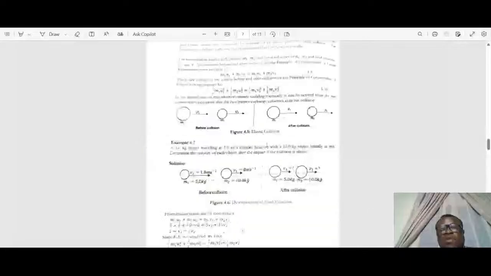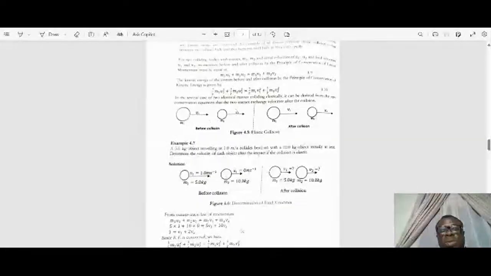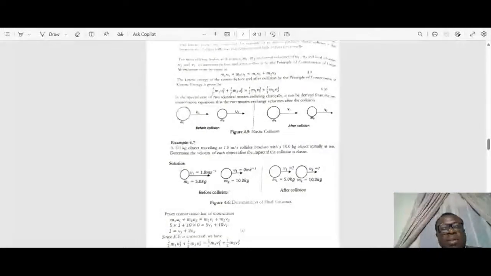You see, before, let's look at it here. This is a figure I'm referring to with my cursor. 4.5. This is the figure that describes the elastic collision. M1, U1, that is for a body that has mass M1 and another body has mass